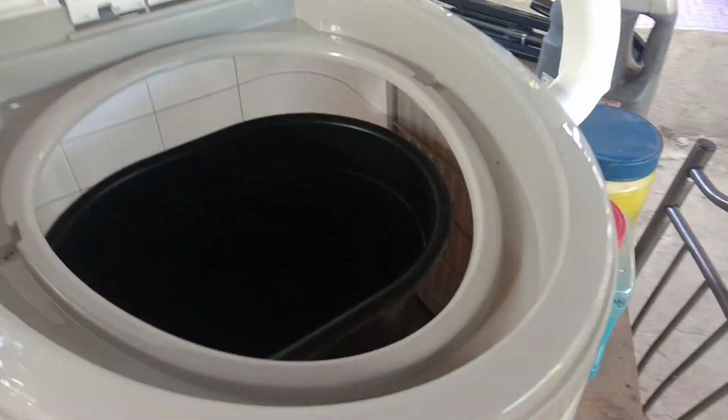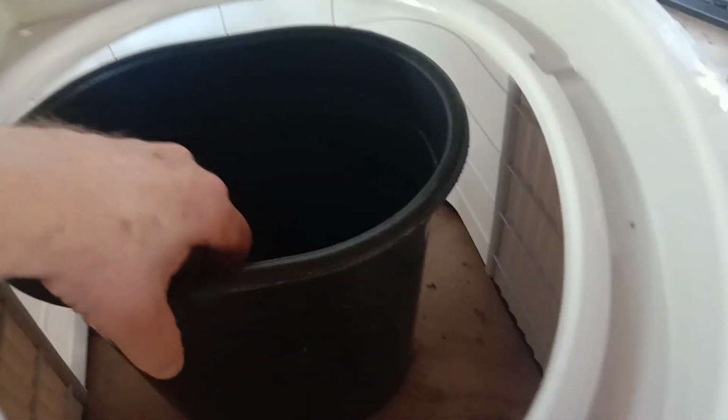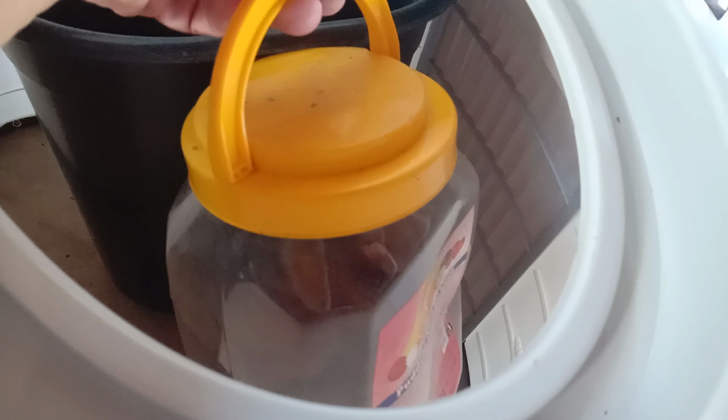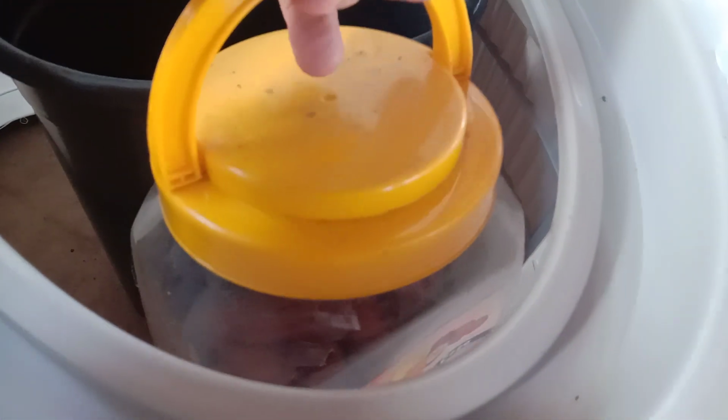And inside here, I've got a kitchen garbage can. Now I would put just on a base, maybe some Velcro, so it won't scoot around if you're going to be in a moving vehicle. And you can put your urine bottle in here. This one has a handle. This is perfect. And like I said, drill a hole in here, run your tube up there to the urine diverter,